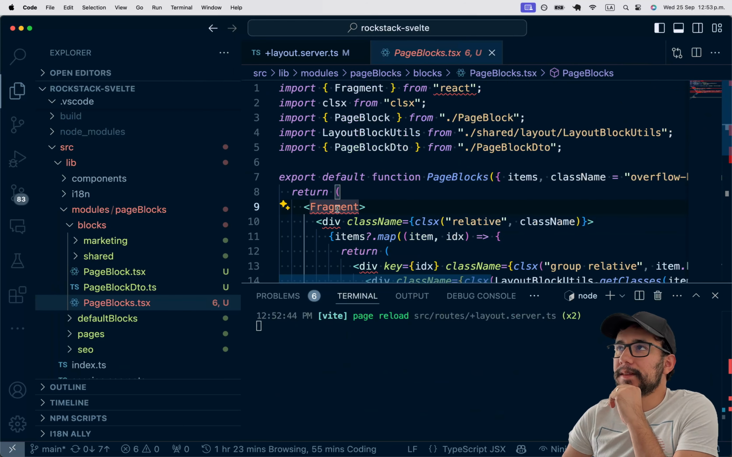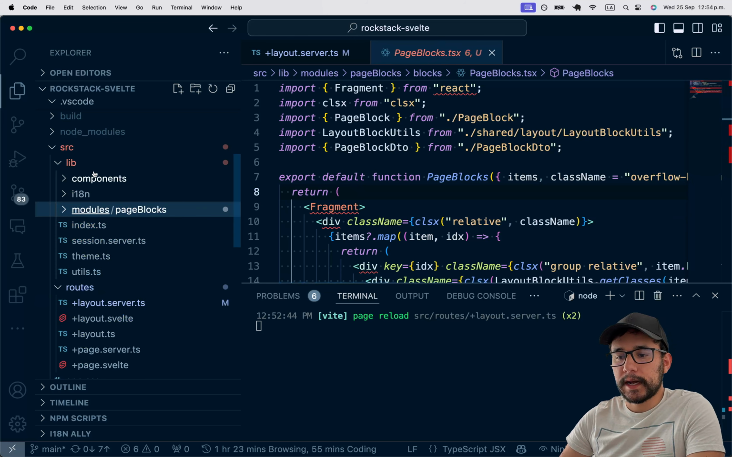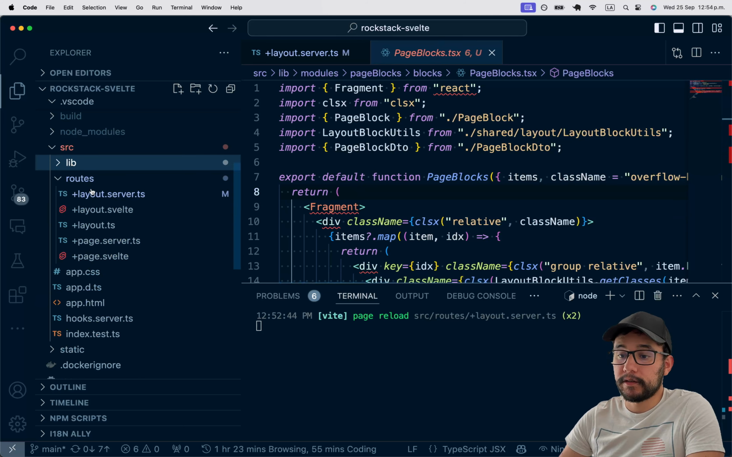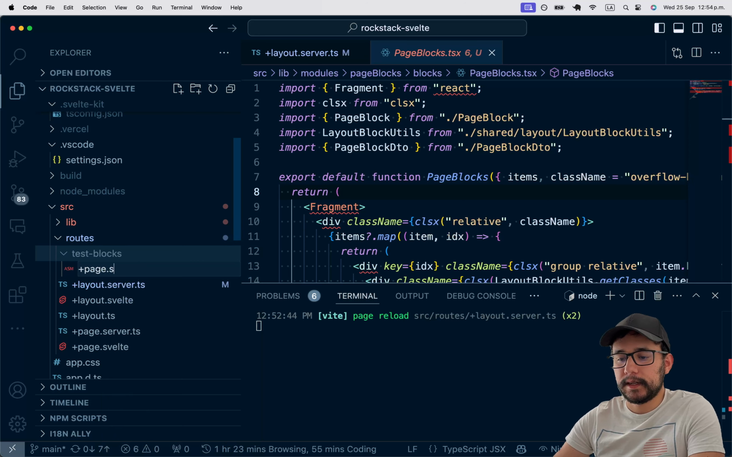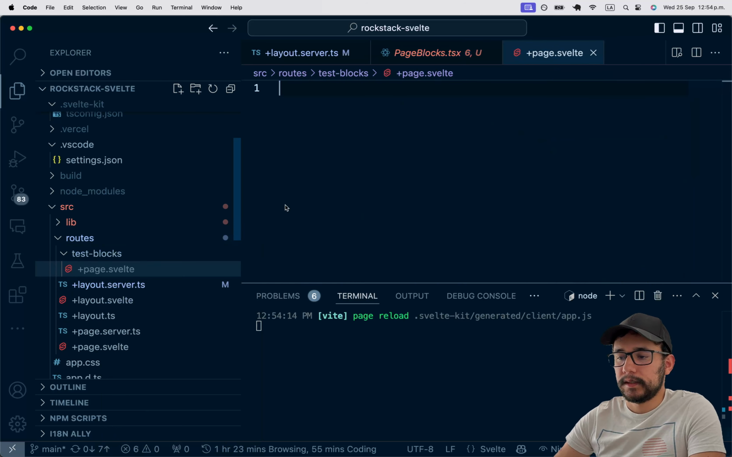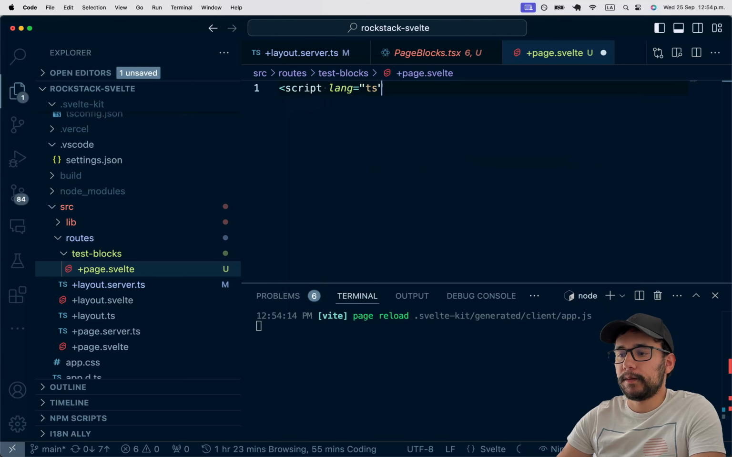And I guess it makes sense that I start with the page blocks so I can test that on a simple page. I'm gonna create that actually. I'm gonna test blocks. And then here I'm gonna have a page like this. And then I think I need this script with language TypeScript and have these page blocks that I'm going to